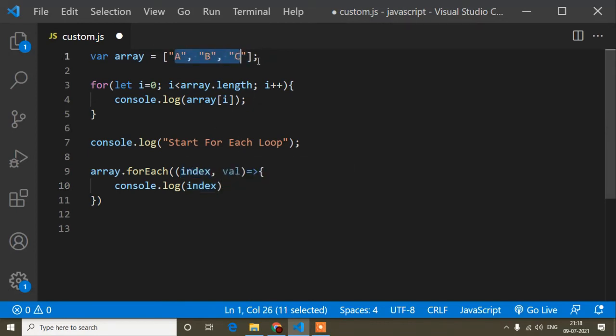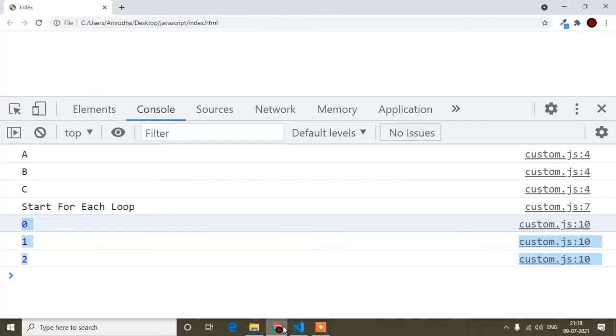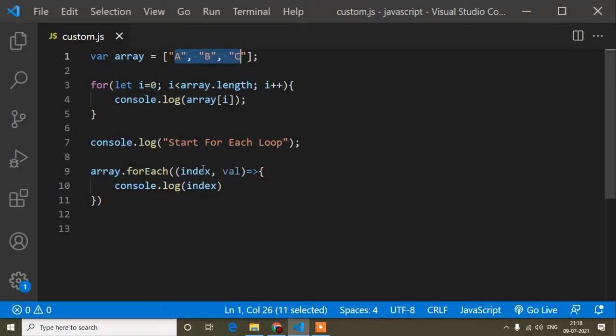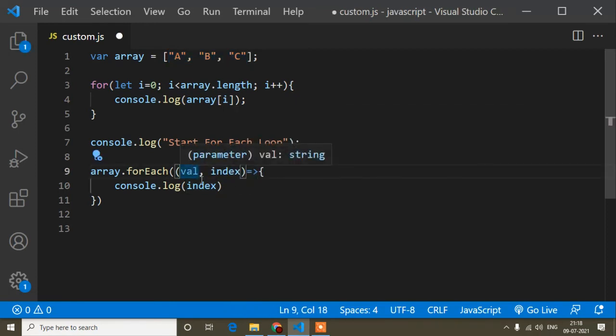Guess and write in the comments, and I will show you the output, but I suggest you guess first. You can see if I write index as the first parameter, I'm getting the value, because whatever I write in the first parameter denotes the value here. So, to keep the names consistent, we write value, index, and here comma array.